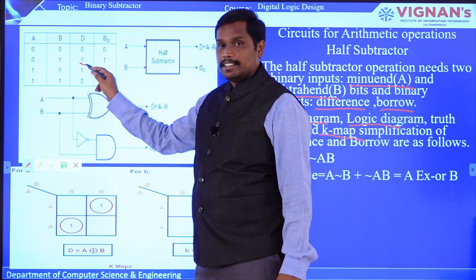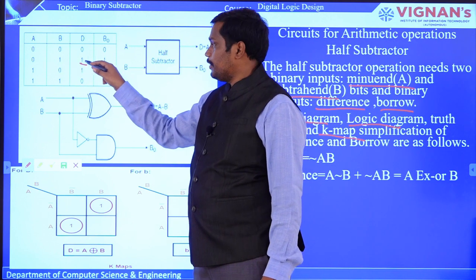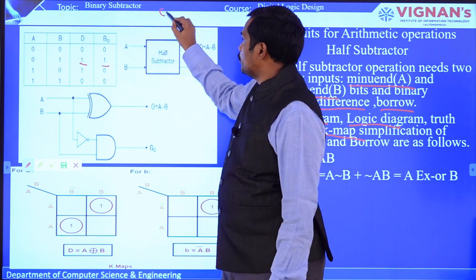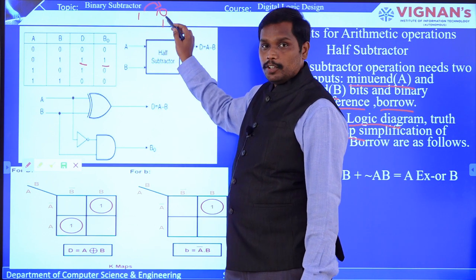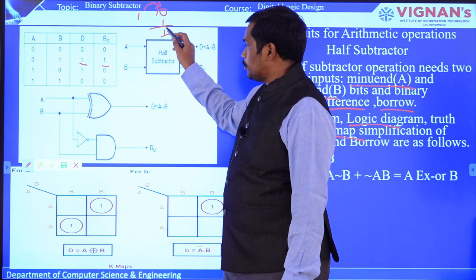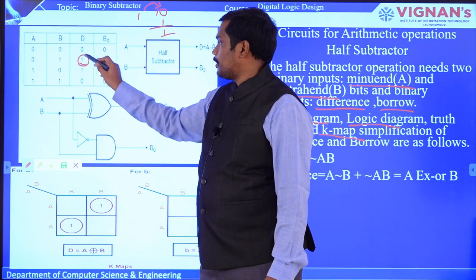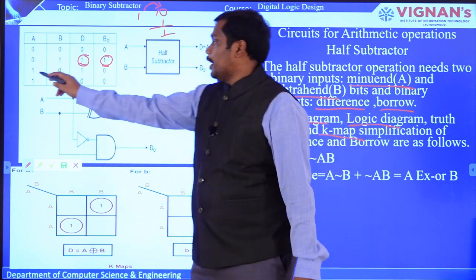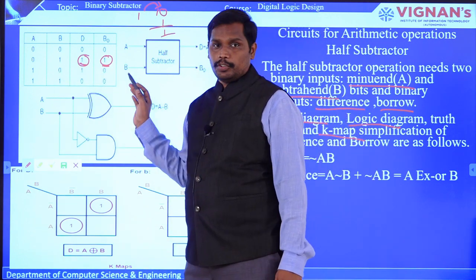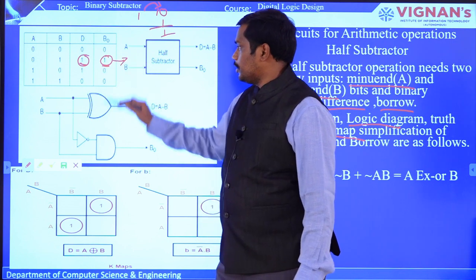you have 1 as difference, and 1 you have to borrow, because with 0 and 1 you are going to borrow 1, and you will make it 1 0, which is 2, and 2 minus 1 is 1. So that is the representation where you get a difference 1 and borrow 1. This is an important point that you have to note. And 1 minus 0 is 1, and 1 minus 1 is 0. So only this particular portion is a bit